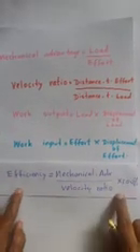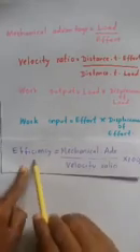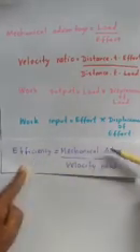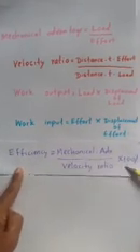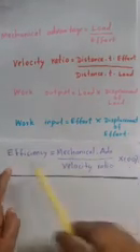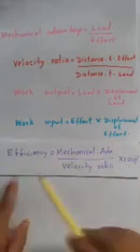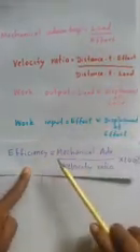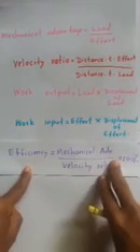And this one, children, it's a new equation. Please learn this also. Efficiency is equal to mechanical advantage divided by velocity ratio into 100%. So this one is used to calculate the efficiency of a machine. This one please learn. All these 4 I have already taught you in the previous lesson, and this one please learn. Right? Next we will learn about inclined plane.